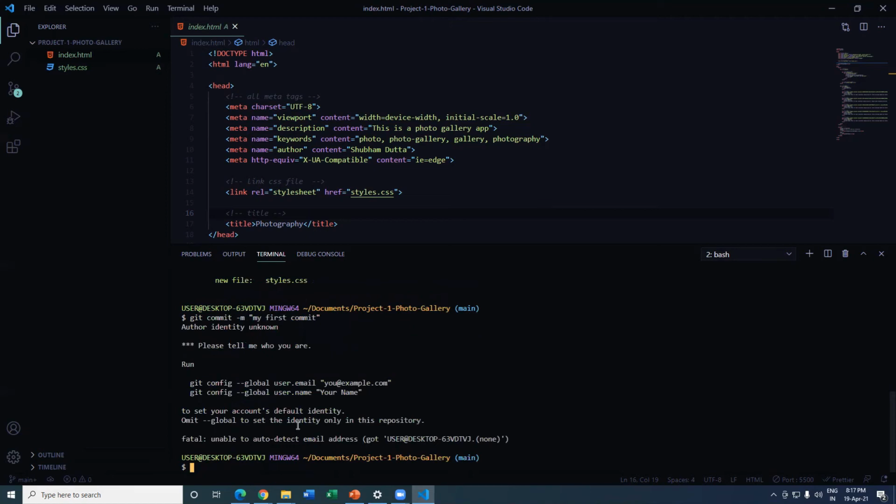Sorry, my mistake. After installing it, you have to set your username and email ID. So I am going to copy this and paste. Now here you have to write the mail ID.